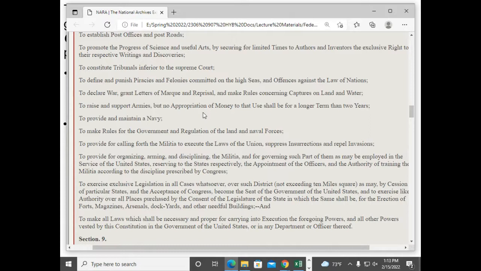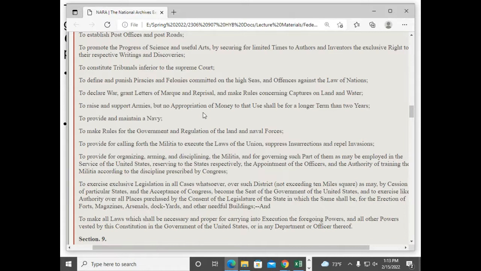Where do you suppose we might go to find the delegated powers of the president? If we're finding the delegated powers of Congress in Article 1, where do you think we might go to find the delegated powers of the president? Like, say, the power to make treaties, or to appoint judges and ambassadors? Where do you think we might find that? Any guesses? It's not really a trick question at all. It's probably as obvious as you think it is.